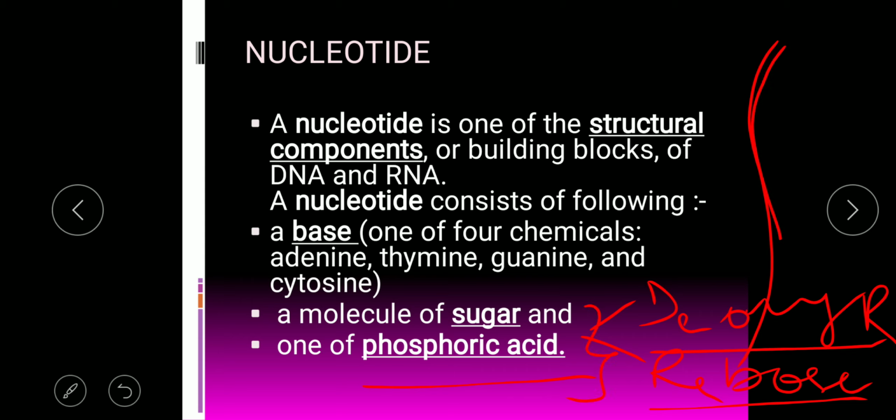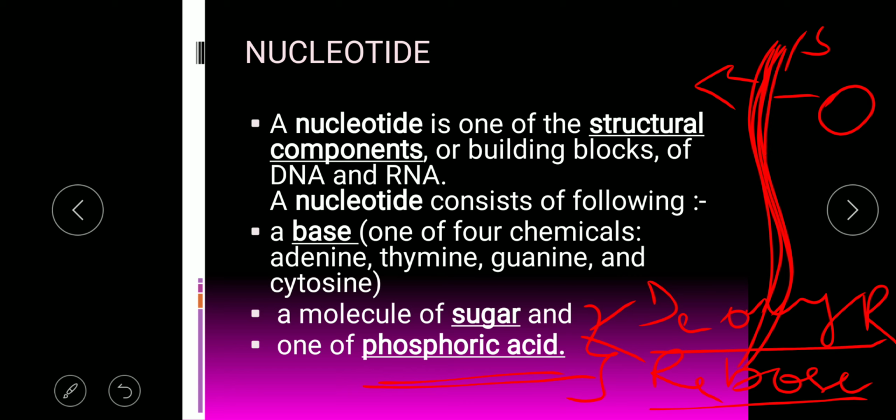Right now I have drawn what? The backbone. So the backbone is composed of the phosphoric acid. Phosphoric acid will be outside, then there will be sugar, and then to the sugar a nitrogenous base will be attached. Okay, so the backbone is composed of phosphoric acid and the sugar molecule. Phosphoric acid will be outwardly placed. Inside the phosphoric acid, sugar is attached, and with the sugar the nitrogenous base is attached.